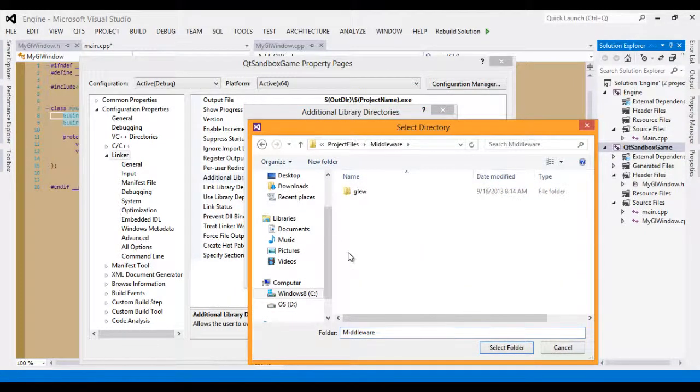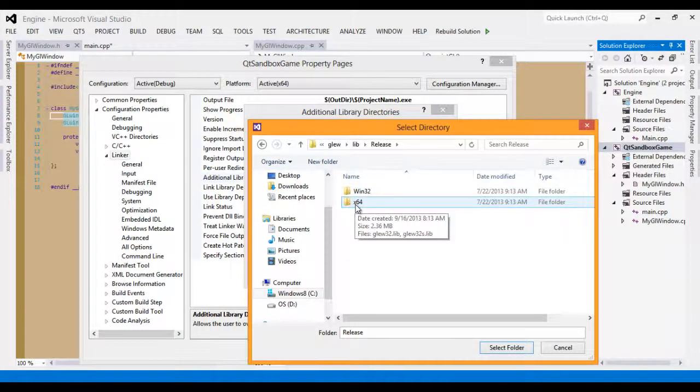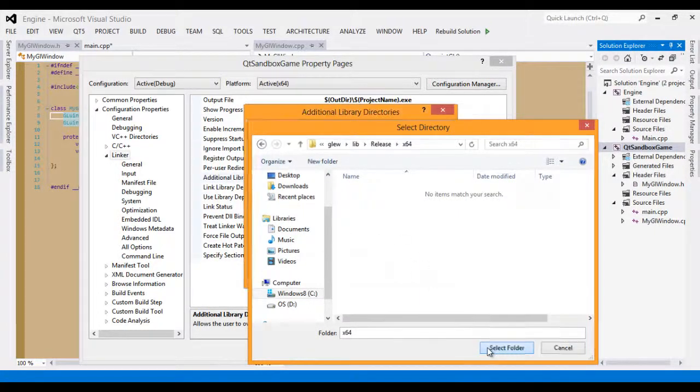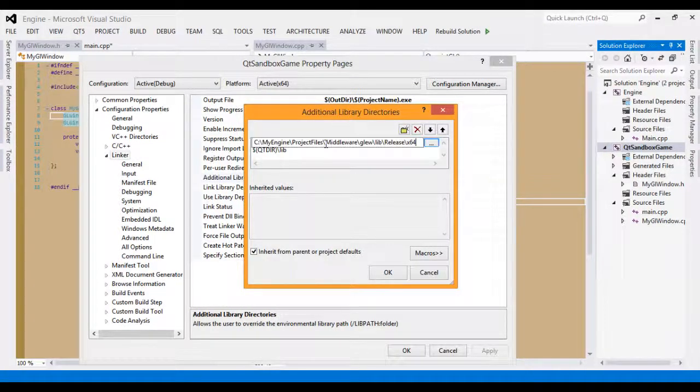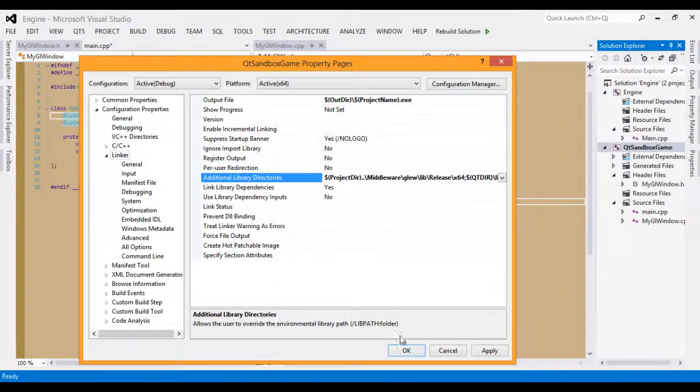to our middleware, GLEW, lib, release, x64 for me. For the 32-bit user, please use the Win32, and select folder. And we are going to change the sequence of string to our macro, $(ProjectDir). Okay,